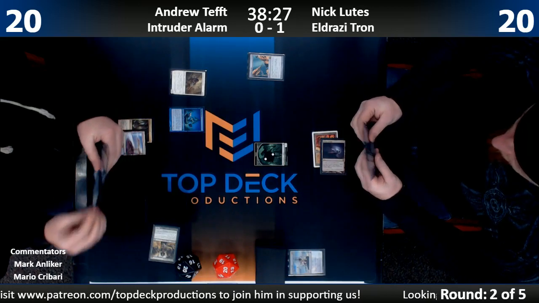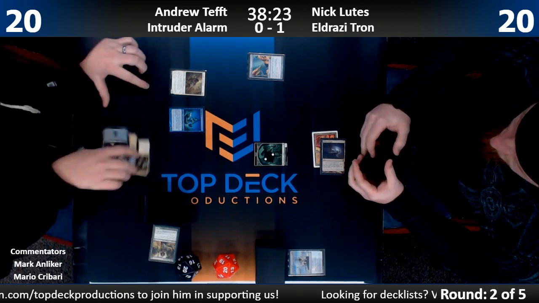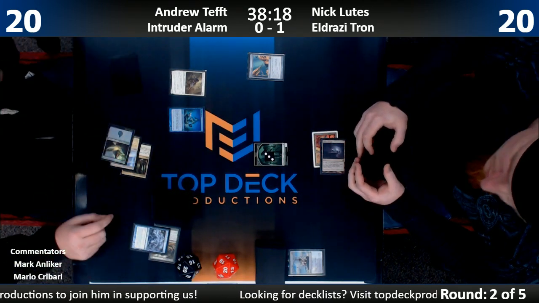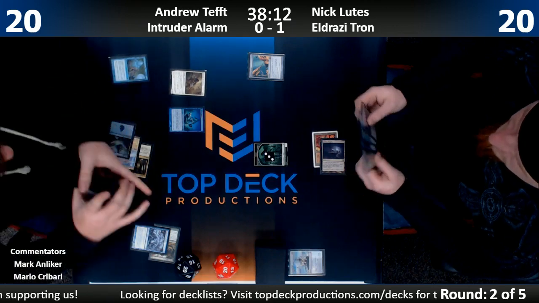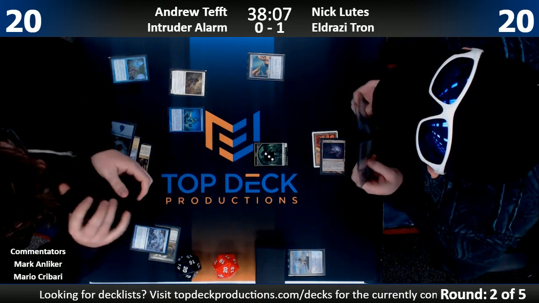Well, the thing is, you can cast the Chord really easily once you simply make some tokens. If you put out a guy, you have green tokens. Well, Forbidden Orchard makes any color. Yeah, I know, which is key. So we are transmuting Drift of Phantasms to find the Intruder Alarm. Okay. So yeah, actually, if Nick doesn't have an answer to